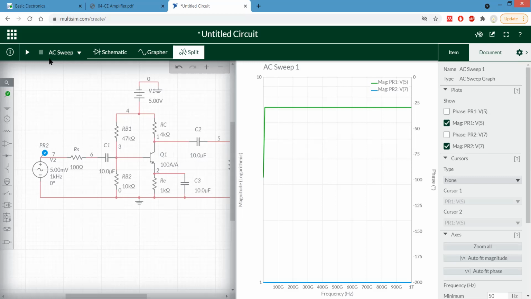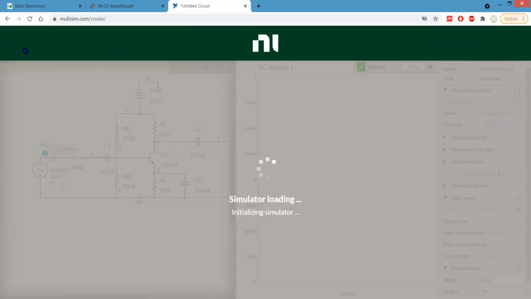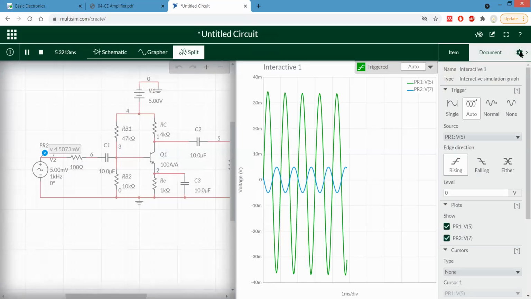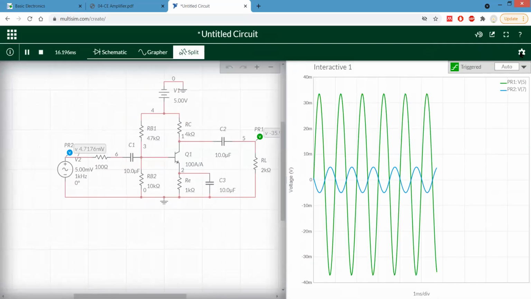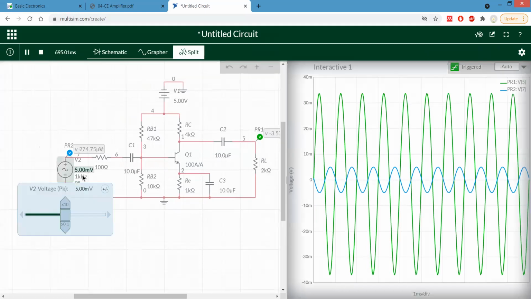Okay, then go back to that interactive one, and let's change the value one by one. Means let's change the frequency of it. So then I think we can have this one. Okay. This much of gain. Now, if we increase the frequency or decrease the frequency,